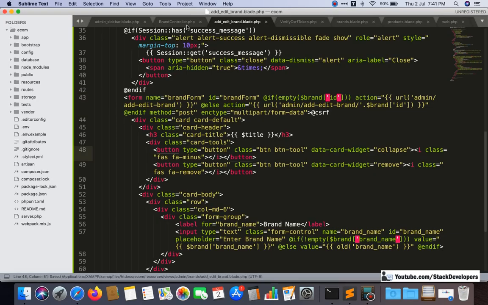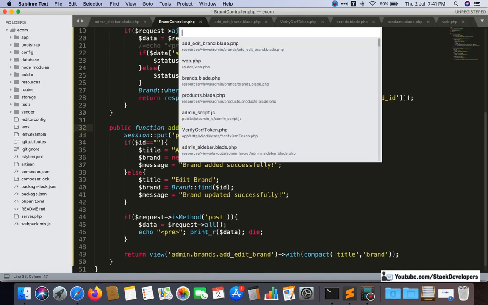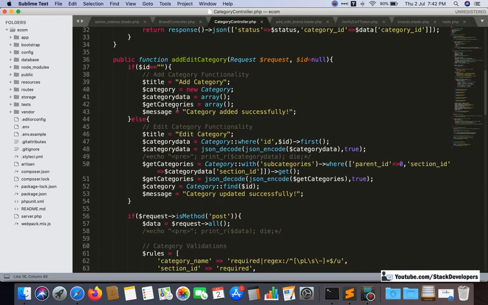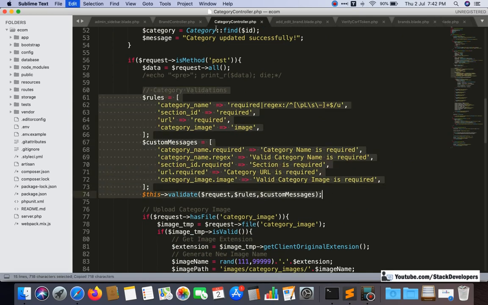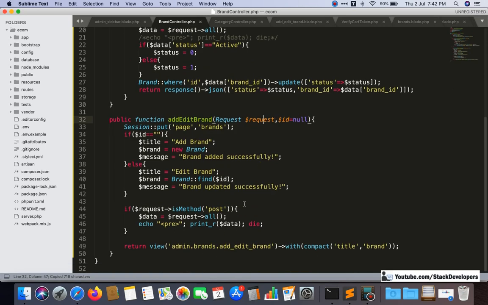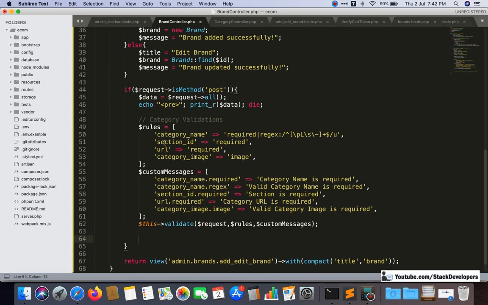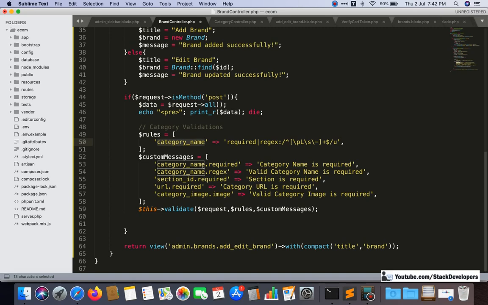Also we can add those validations, and we can copy those validations from the category controller. Here you can go in add edit category. Here you can see some of the validations are there that are really good validations. You can copy this one and use it for the brand as well. Here you can use these validations. After that, we just require the first one, this validation only, and here we are going to make it like brand name. So this is the only validation we require, brand name.